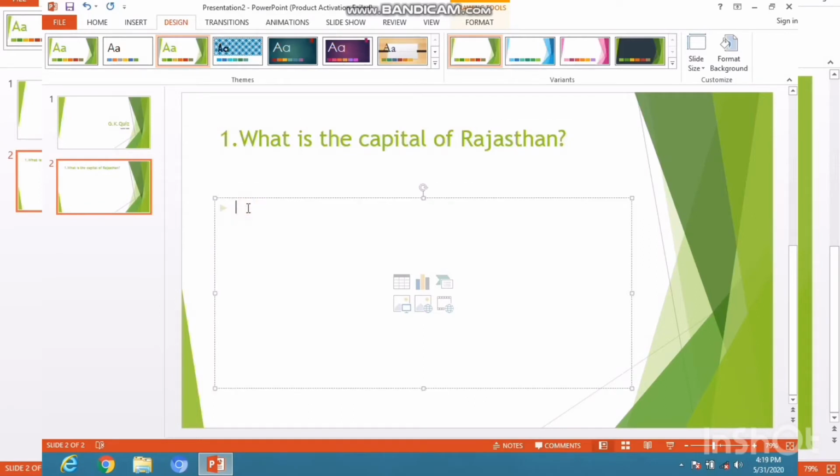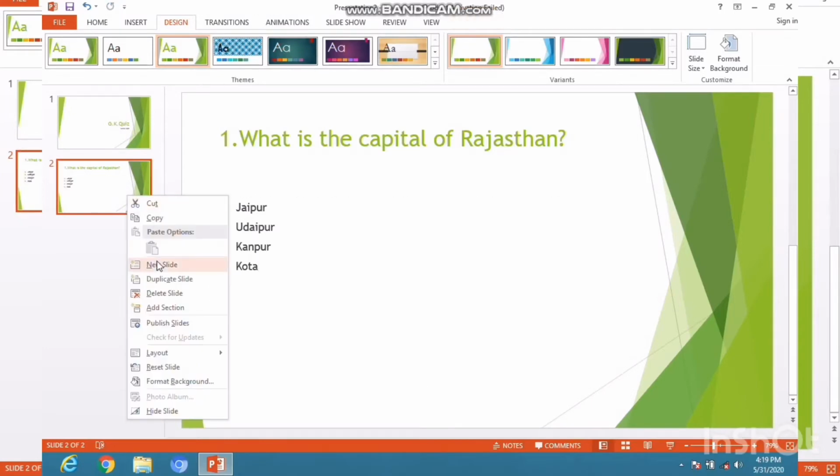Below that I have written 4 options. That is Jaipur, Udaipur, Kanpur and Kota.